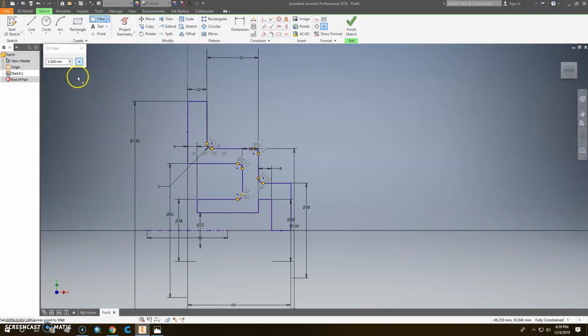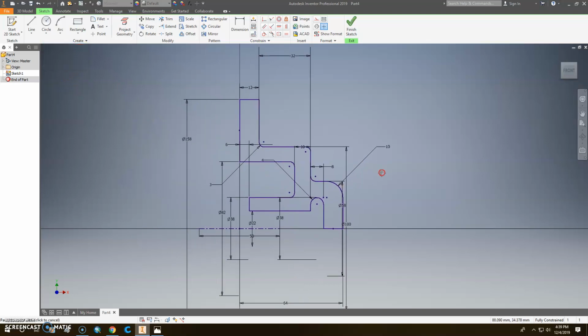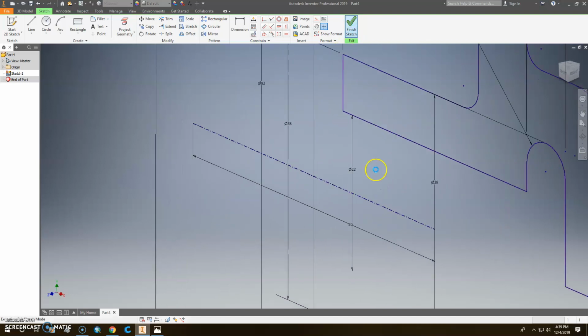So that's good. Let's go ahead and change this to 4, and so we can get this one and this one and this one, and then this one and this one. So we get that one done, and then we'll change this to 10, and so we can try this one right here. It's going to make it a nice cap on that right there. So now we can go ahead and X out of that, and I believe we're ready to finish the sketch